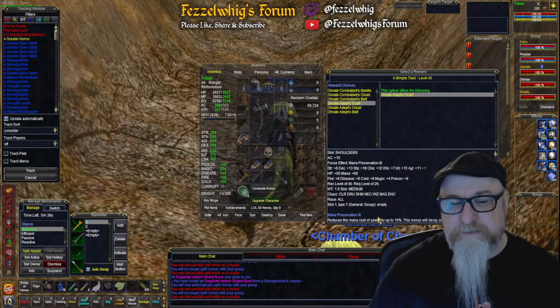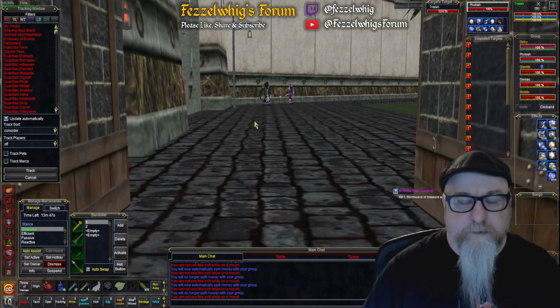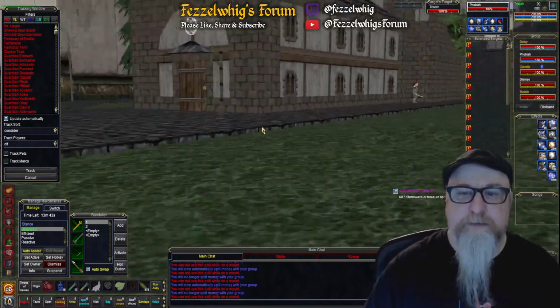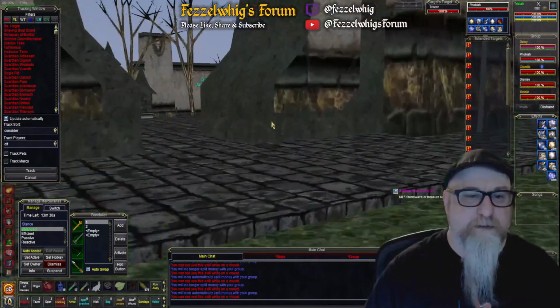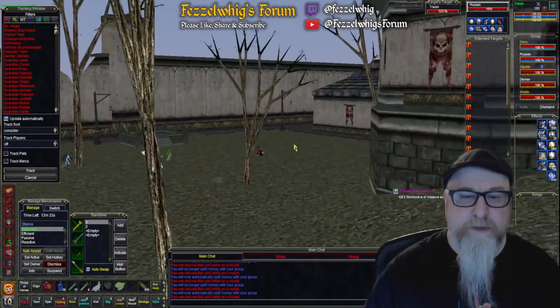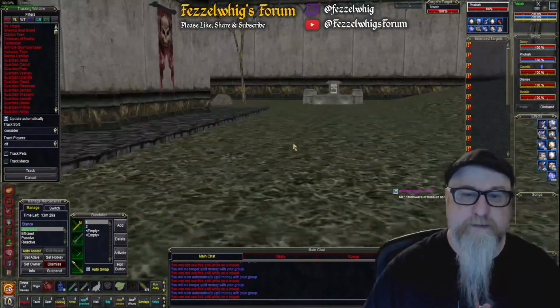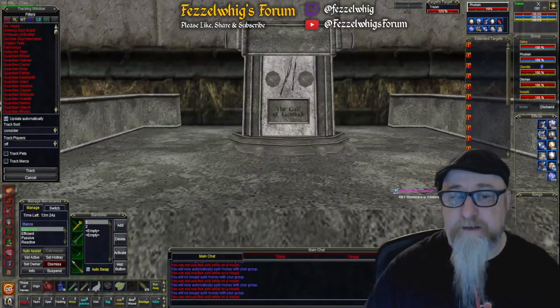And these have nice focus effects like mana preservation. Our next location is Dulax Harbor. For this, we want to head over towards the evil side, which is over here. And we want to turn to the right and head west to this stone here, which is the Gulf of